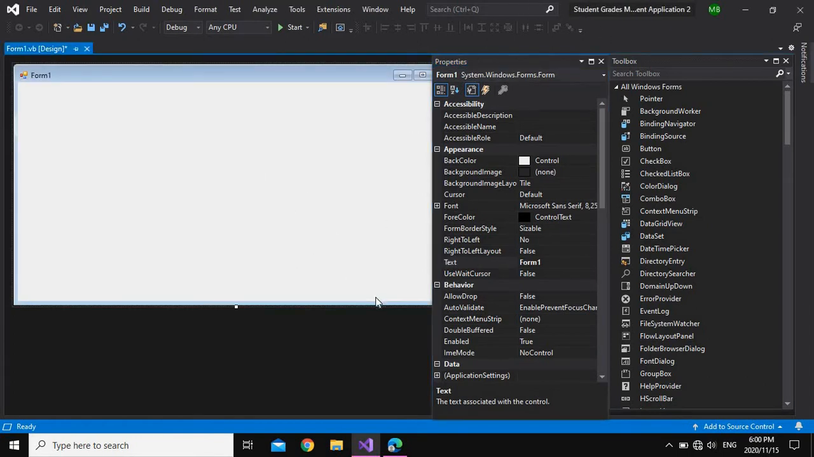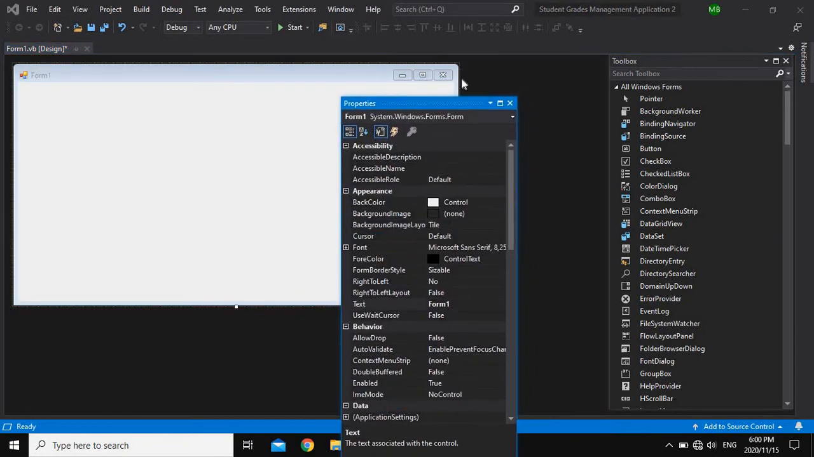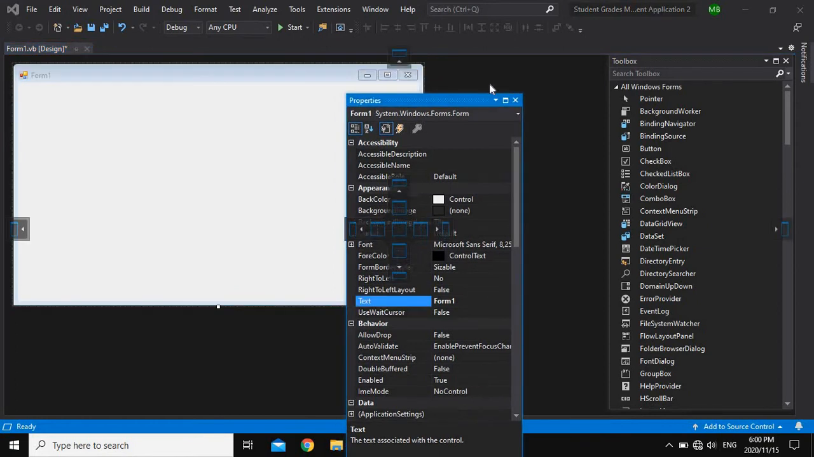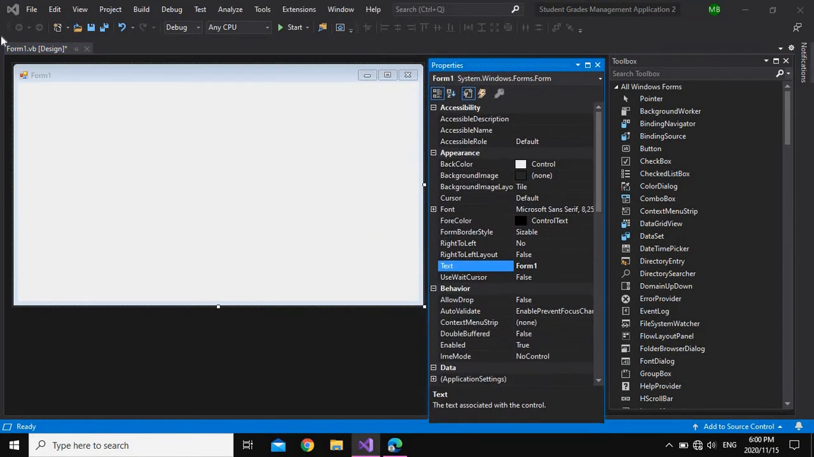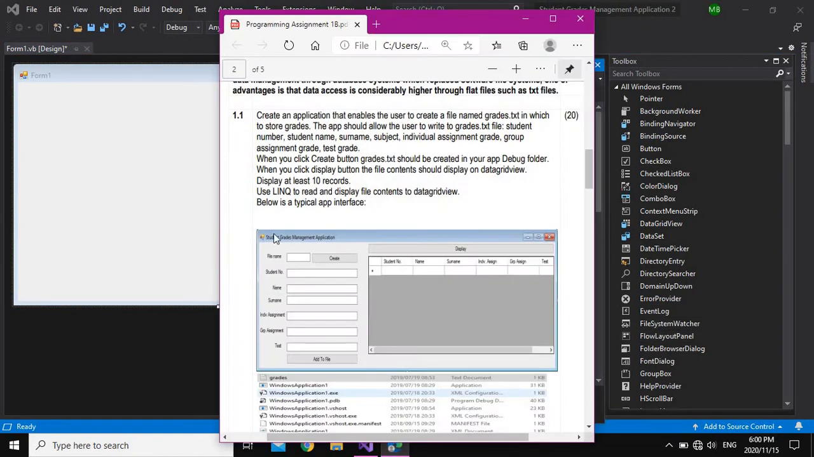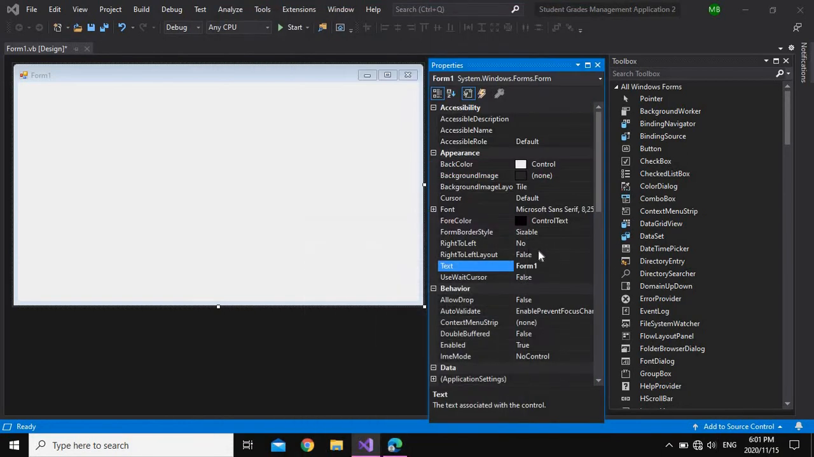So let me just make this somehow. Okay, so we click here. Remember the question, it must look like this, right? This one, student grades management application. All right, we click here and we type student. Wait, did it say student management grades management application? All right, student grades management